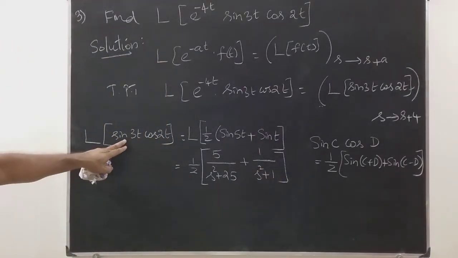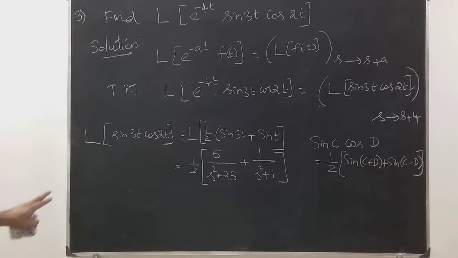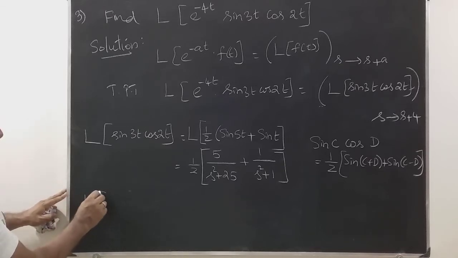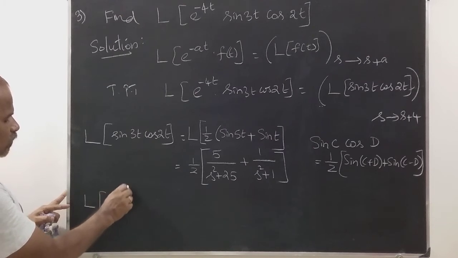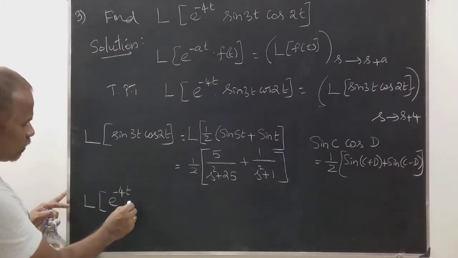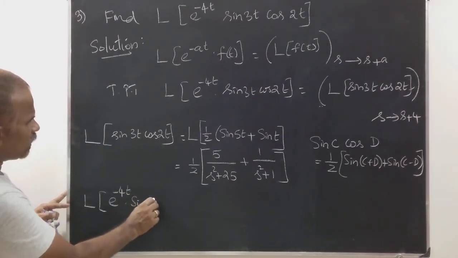This is nothing but L of sin 3t into cos 2t. So therefore, what we need is L of e power minus 4t into sin 3t